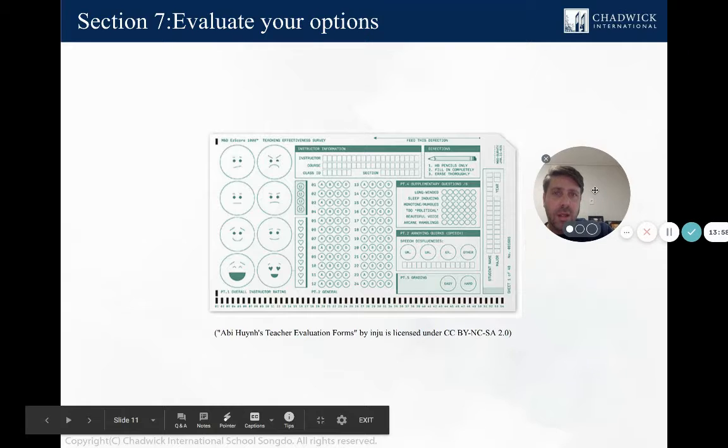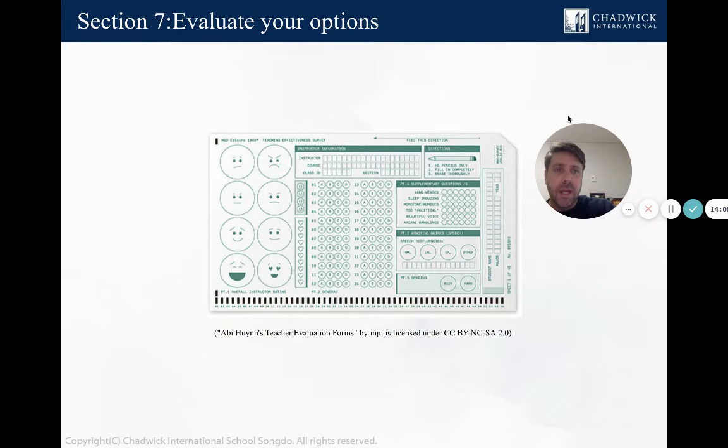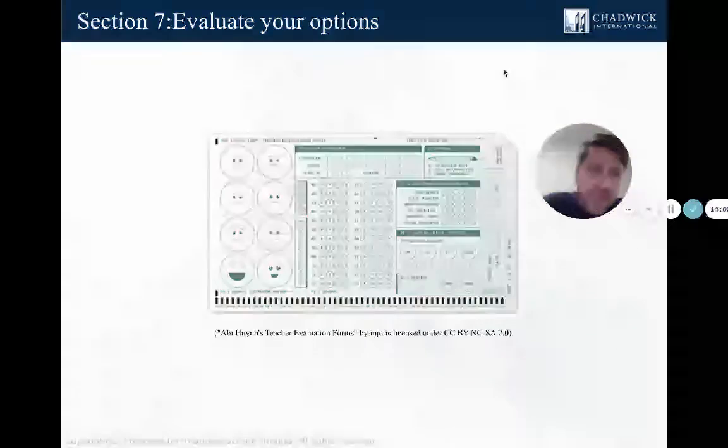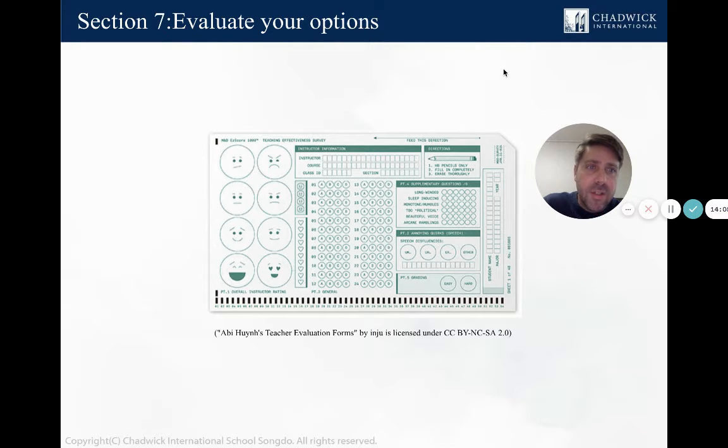So, evaluating your options. Again, I think the worst thing you could do is just sit back and let this continue. There would need to be some action. I do think the best thing to do would be to go directly to the superintendent. Generally speaking, you want to get that experience from someone who has probably gone through something like this previously. Going it alone would probably not be the best route.